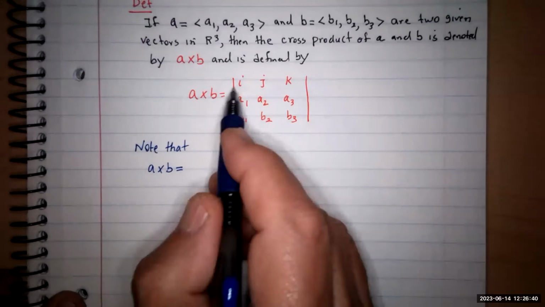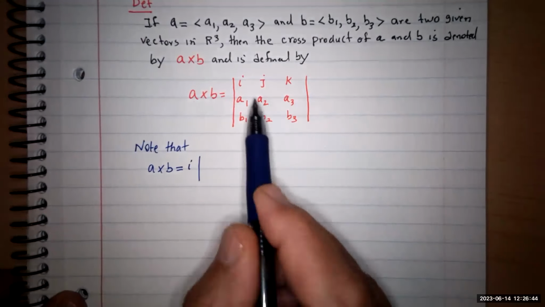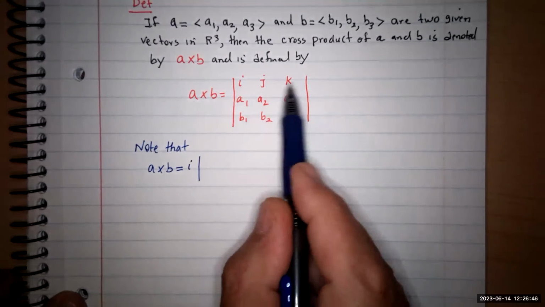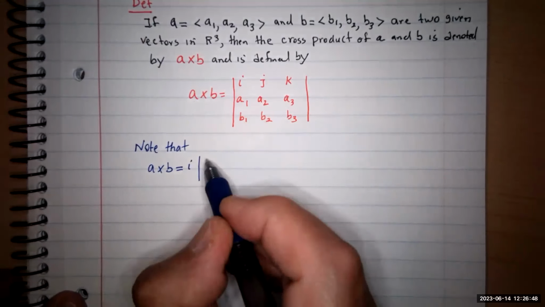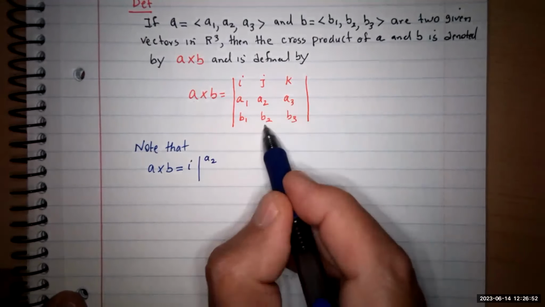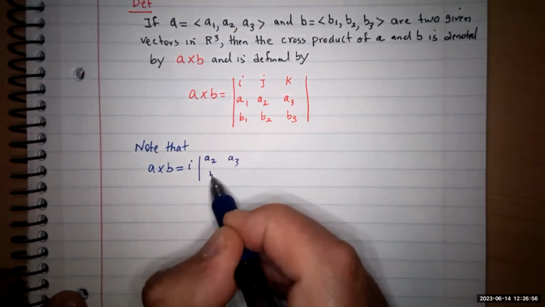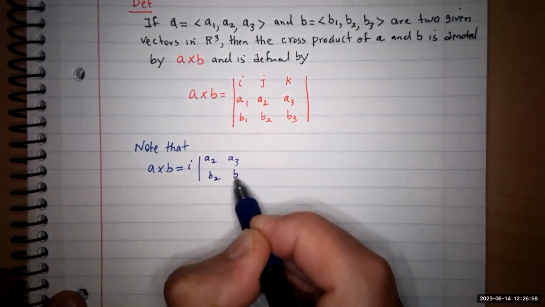The first row would be i, so we get i times the determinant of the resulting matrix. Remember, you cross these two out. So that gives me A2, A3, B2, B3,